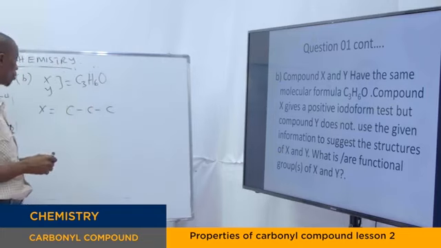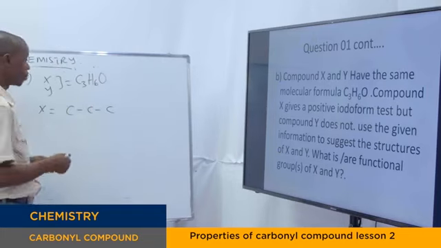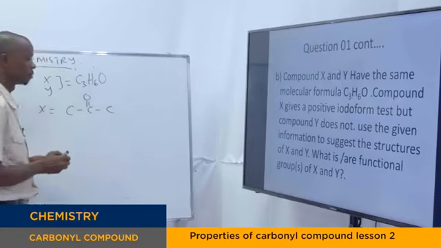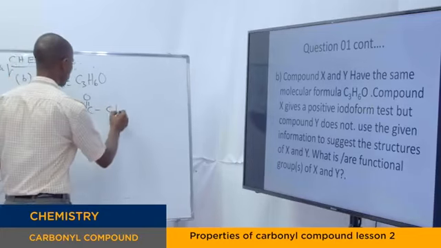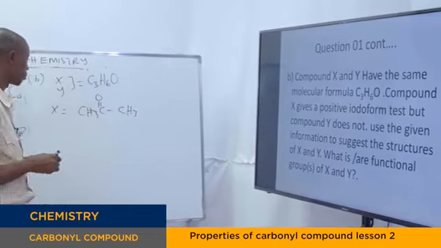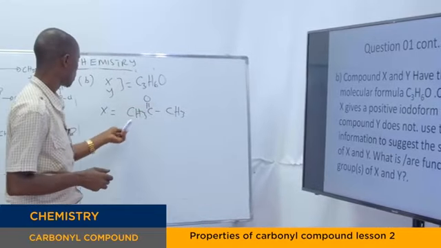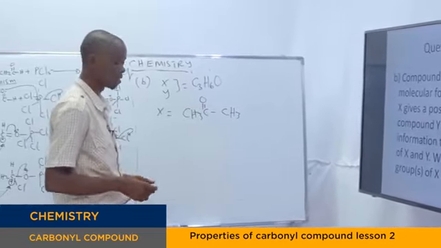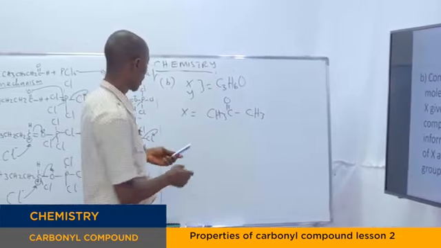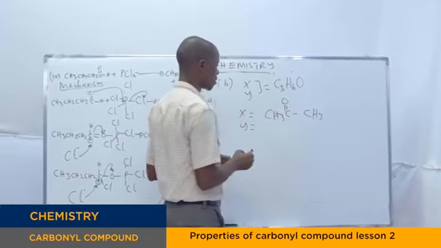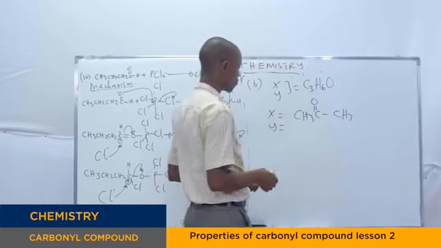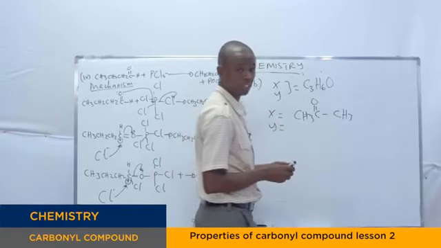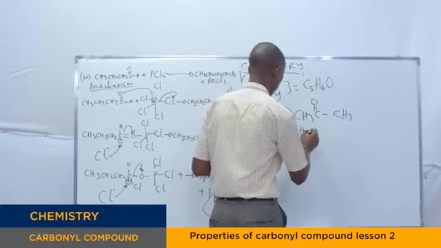To have a terminal methyl group, it can be this one. So the carbonyl group is present between them. Then you just fill in the hydrogen atoms to fill the valence of carbon. Now this is X and it is a ketone. And if that is the case, Y will be its isomer. It doesn't contain the methyl group, so it will be this one,